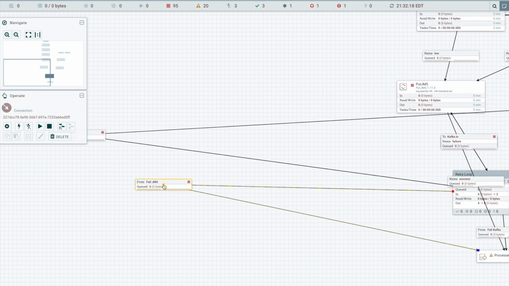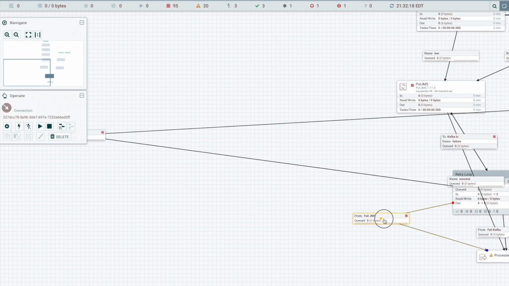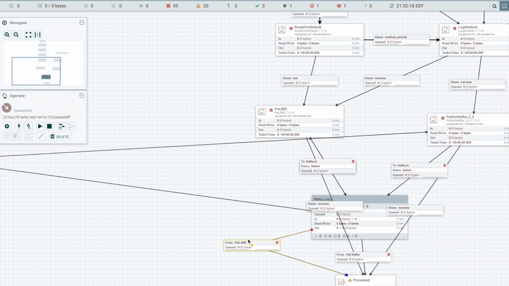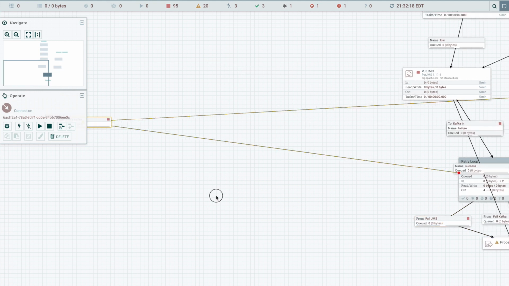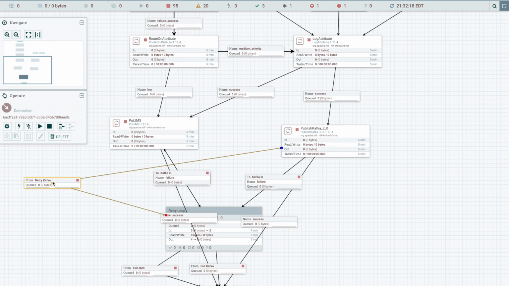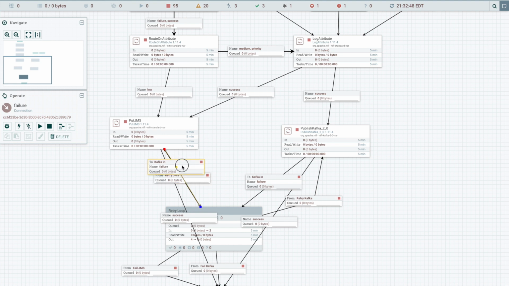Again, we can just iteratively move these components around to make a little bit better sense of this data flow. And if we add a bend point there,